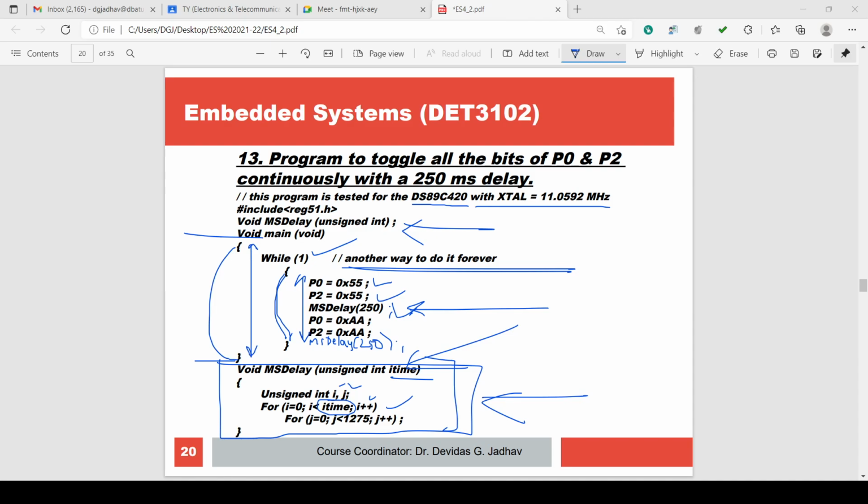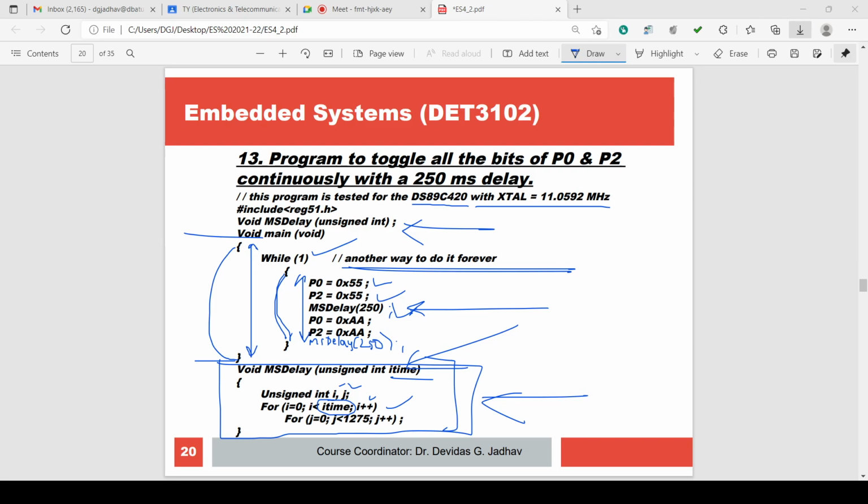So we can watch both data on P0 and P2, that is 55 we can watch, and AA also we can watch on both the ports P0 and P2. Since we have modified this program to have delay after displaying 55 and after displaying AA, both the values are now possible to observe. Because to observe by our eye, the values must stay at least 1/10 of a second, isn't it?